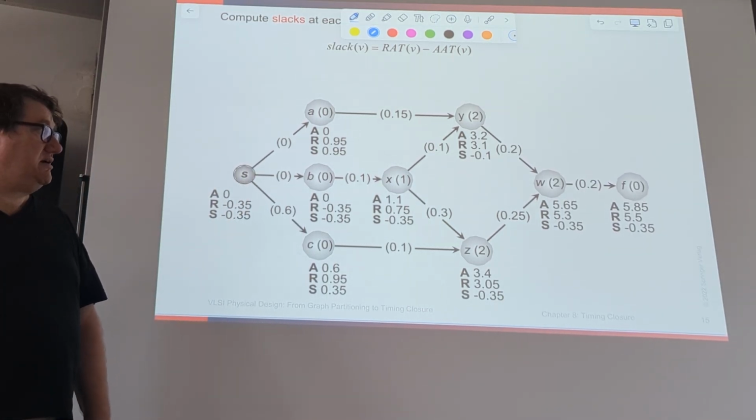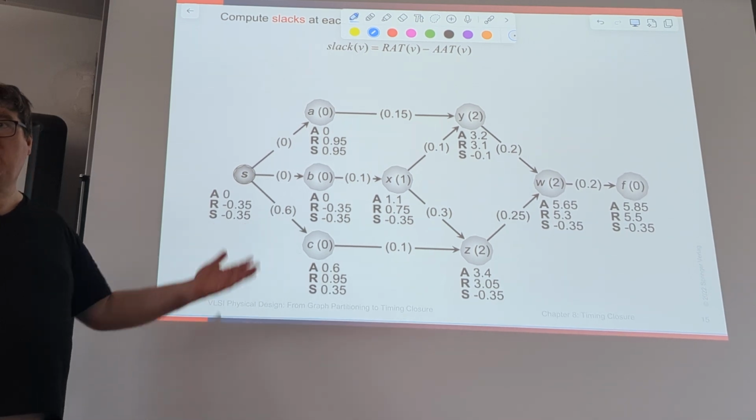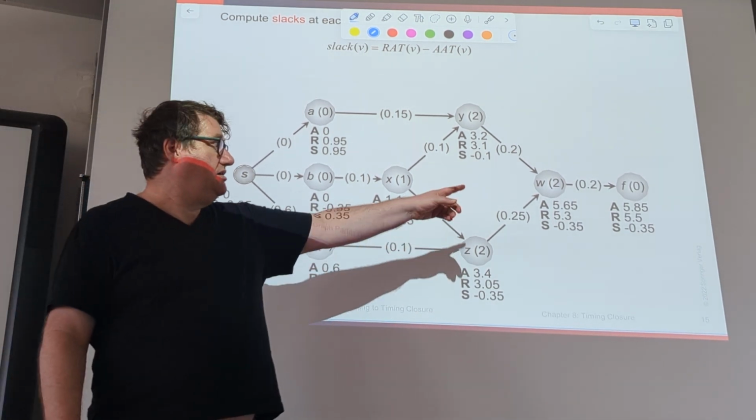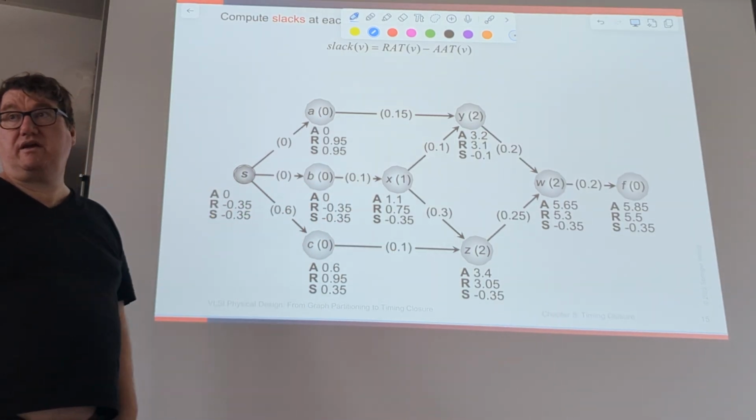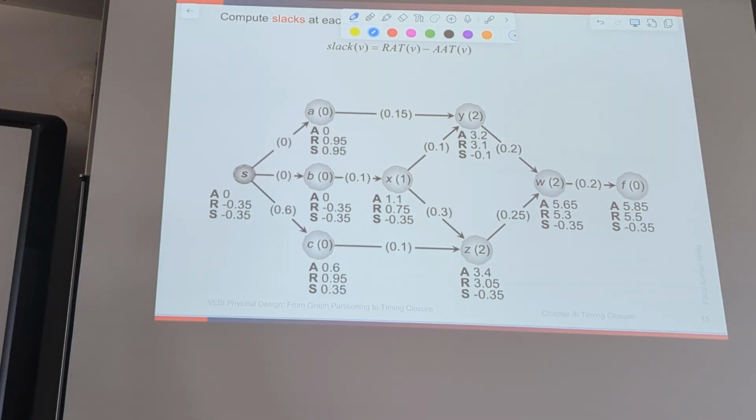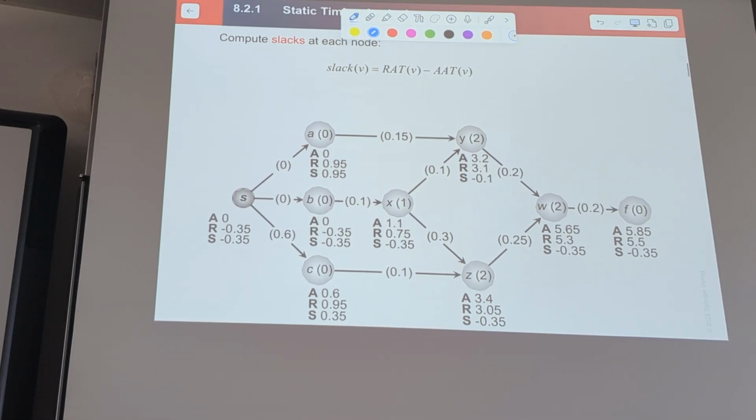But when you want to figure out where is it actually making problems, you can work backwards from that thing and figure out what is the critical path that makes it difficult to achieve this timing. So that is an algorithm for doing timing analysis, and this way of doing it is completely different